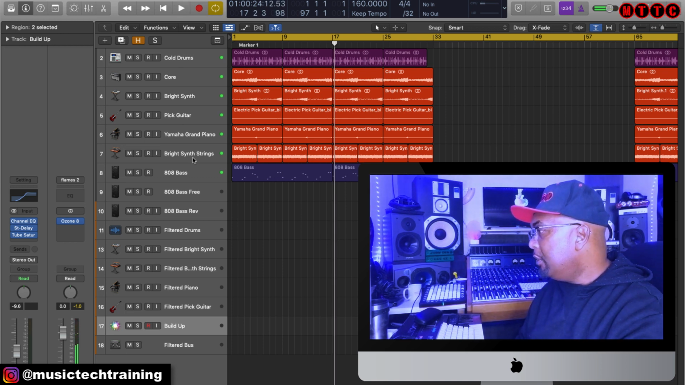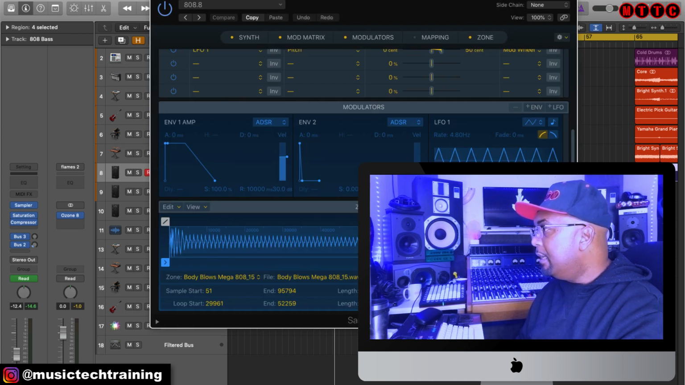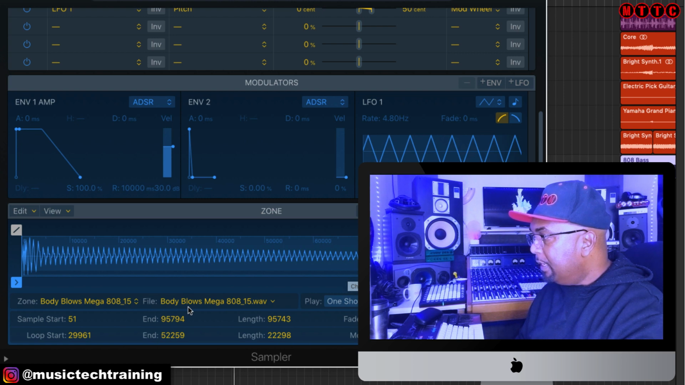Okay, so now this is your 808 bass. Using the sampler, and inside sampler, if you look down here, you'll see the file I'm using is the Body Blows Mega